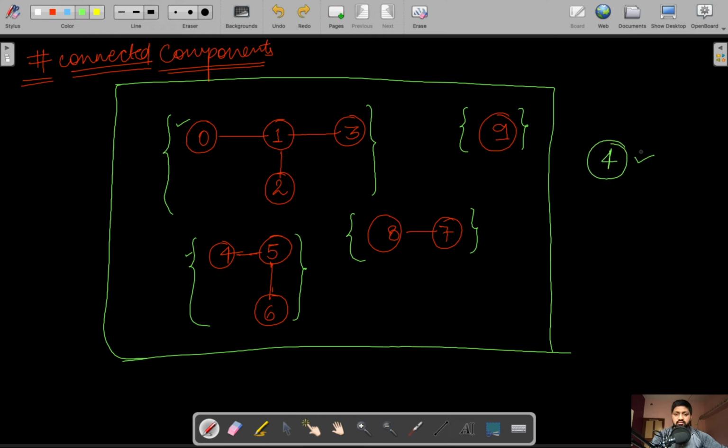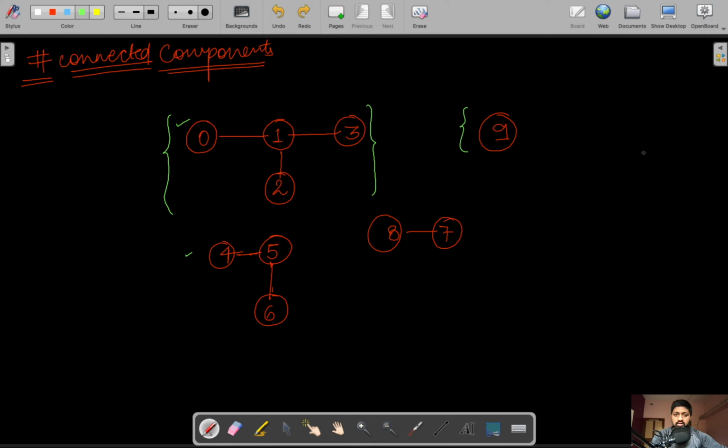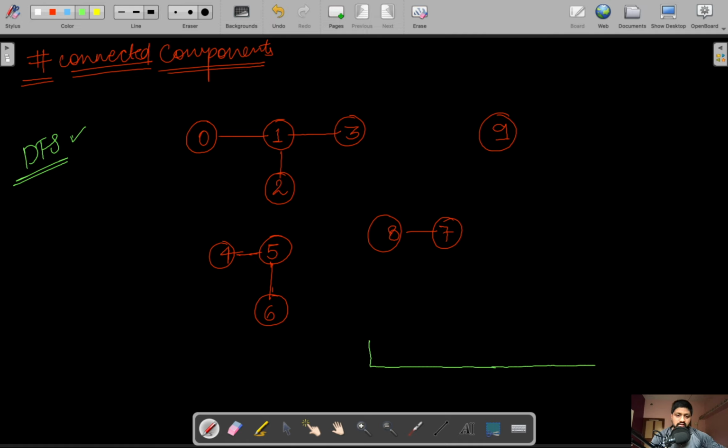So now let's find out how to do this with the help of code. For that, we use the DFS method to find the number of connected components in this graph. If you haven't watched my DFS video, watch it first, then it will be very clear for you. In DFS we will maintain one visited array which will keep track of the nodes which are already visited or are yet to be visited.